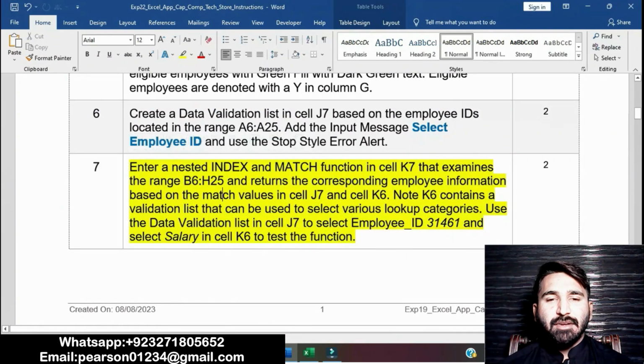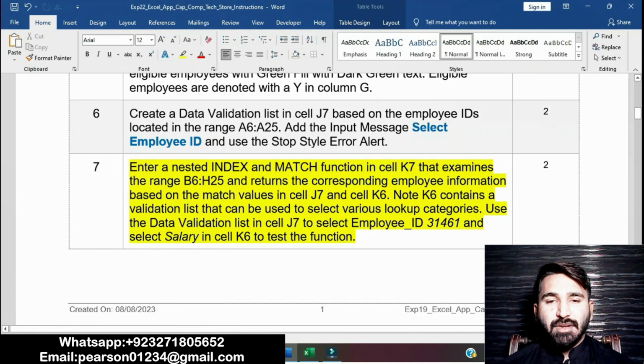Step number 7 is to enter a nested INDEX and MATCH function in cell K7 that examines the range B6 to F25 and returns the corresponding employee information based on the match value in cells J7 and K6. K6 contains a validation list that can be used to select various lookup categories.